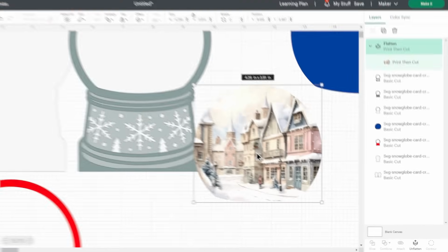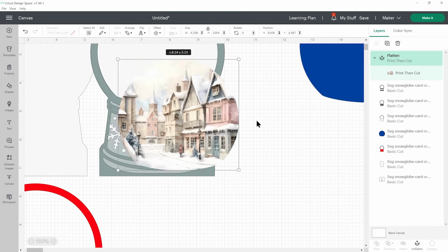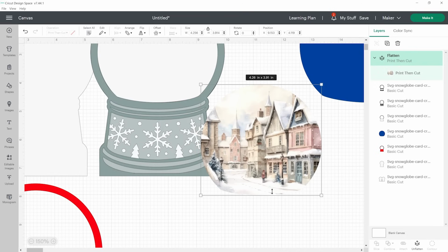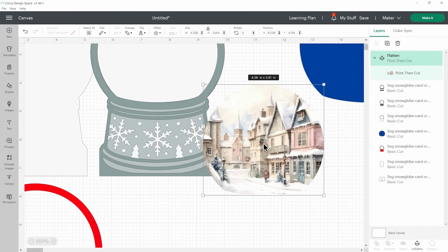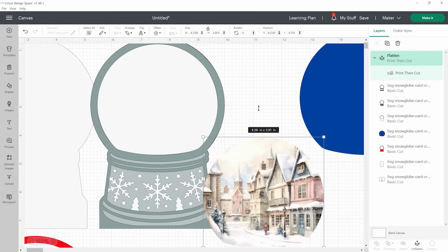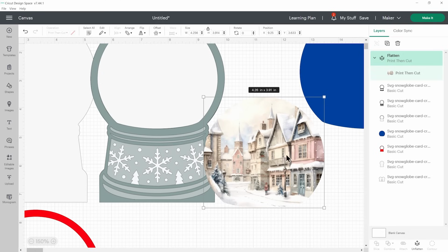That way it's going to add that white to any bits of the image that were previously transparent, which means that it's still going to cut the exact shape that we need, and the Cricut will still just cut around the edge. So I hope I explained that okay. I'm not sure I did a great job of when you'd need to do that versus just deleting that guideline. If you're unsure, do the changing it to white and flatten it because it's not going to harm it either way.